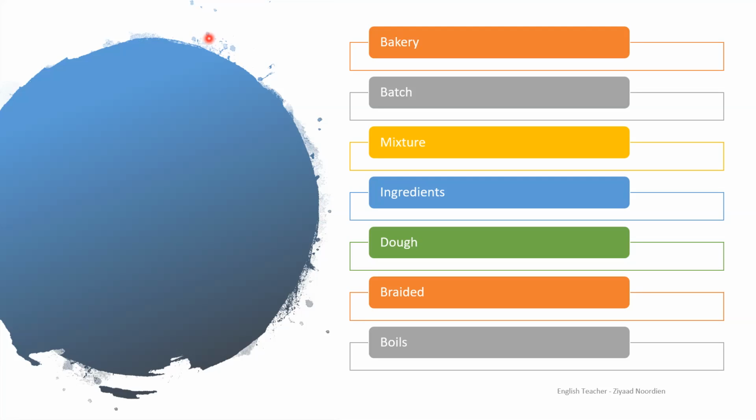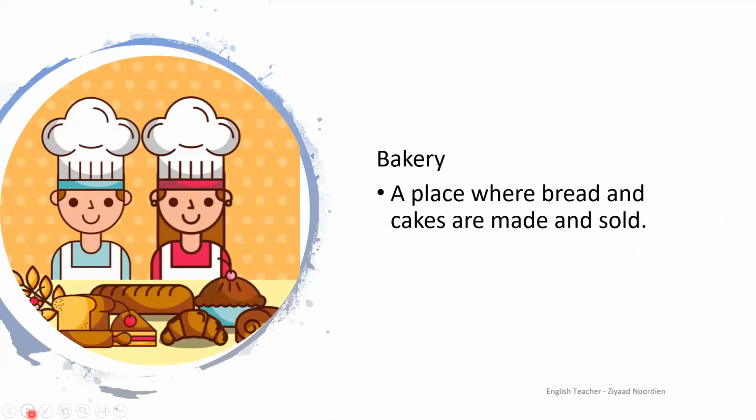So the very first word we're going to hop into is the word bakery. So the very first word is bakery. Over here you can see I've got a little picture as well. So a bakery, which most of you might already know, is a place where breads, cakes, biscuits, and all sweet treats are baked or made, and it's sold there as well. And how we're going to do this is I'm going to make examples as I go along as well. So with bakery, have you gone to the bakery to pick up mom's birthday cake yet?